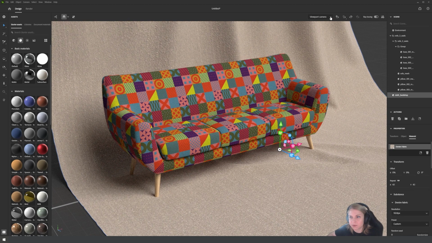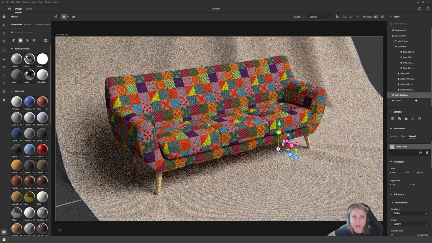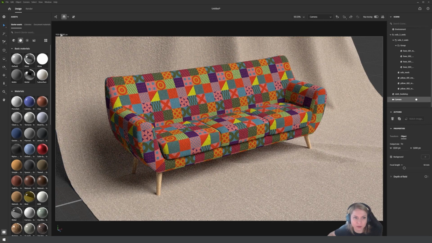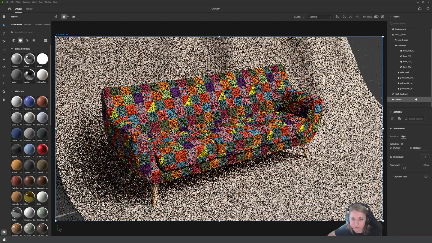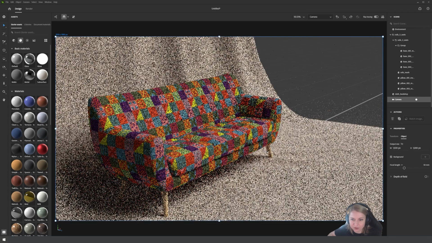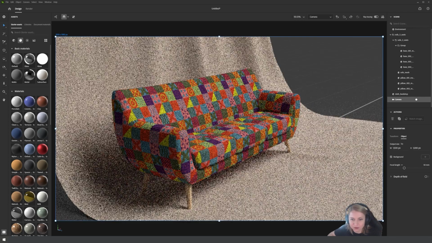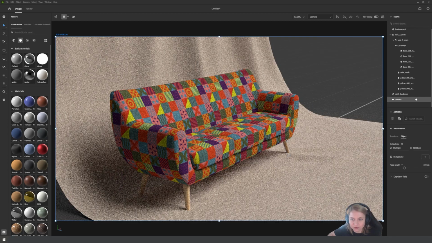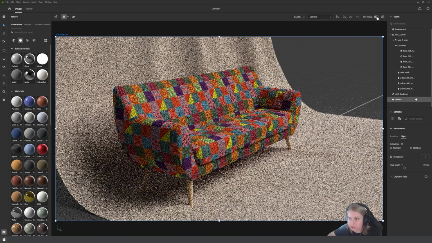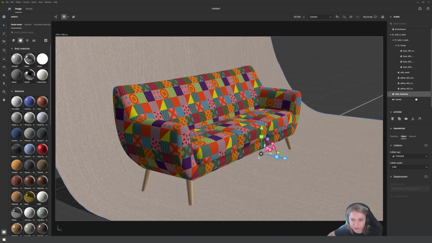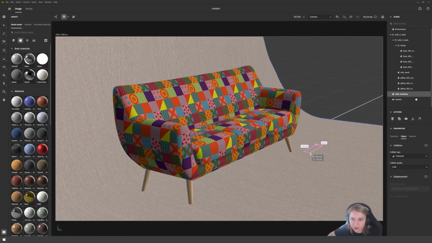Let's add the camera. Let's see how it's looking. So now we have a camera. You can select the view and the resolution of your render. So I think I will go with something like this. It's off. The rendering. Yeah, this way a little bit.